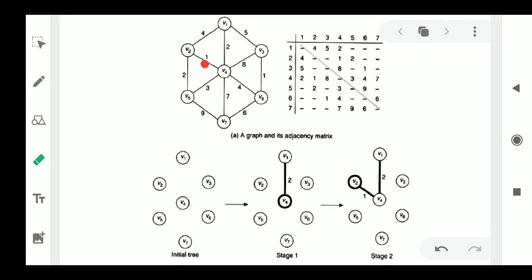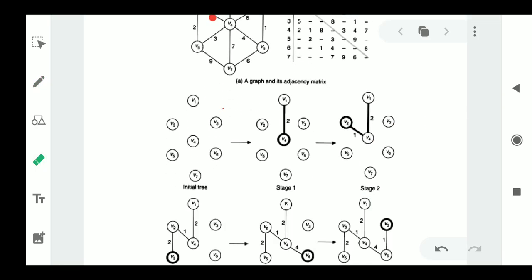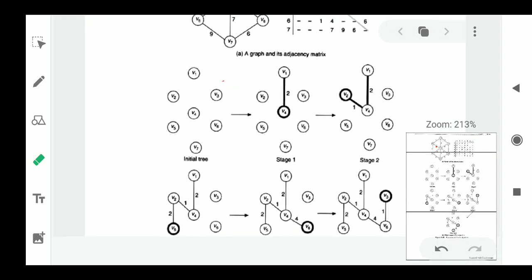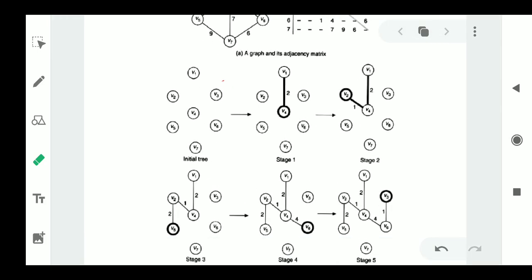So here we are going to construct a minimum spanning tree, right? What is our objective of a minimum spanning tree? We have to take all the vertices in the graph. So in the minimum spanning tree, all the vertices which are given in the graph must be there. But we are going to reduce the number of edges. Vertices are different, edges are different. Your spanning tree must contain all the vertices given in the graph, but we are reducing only the number of edges.